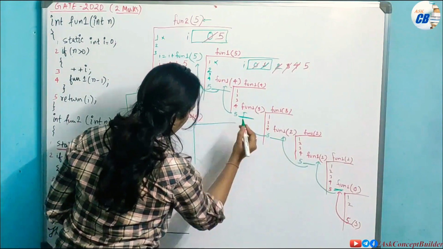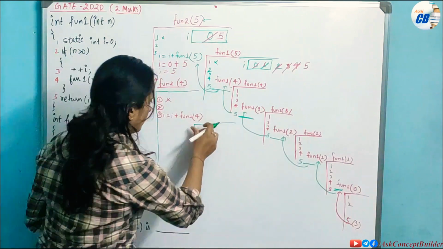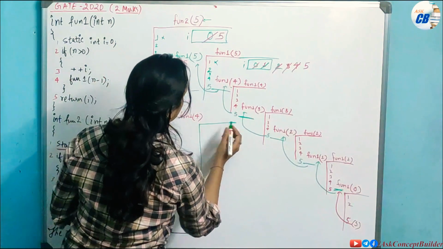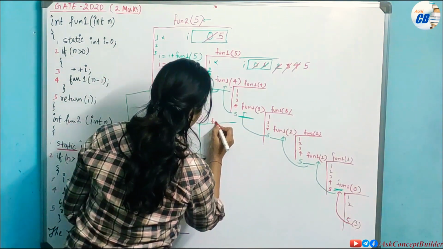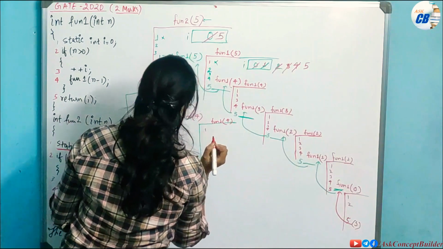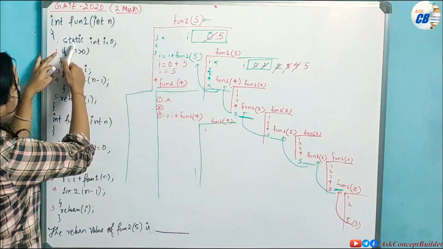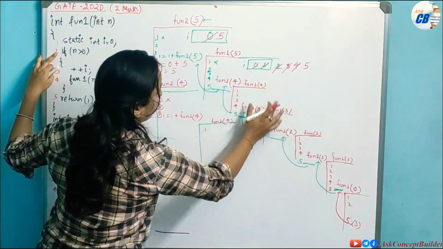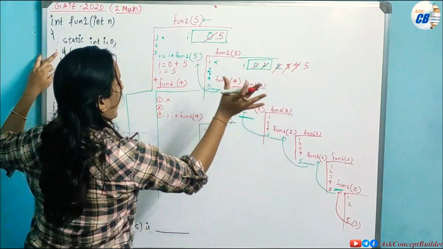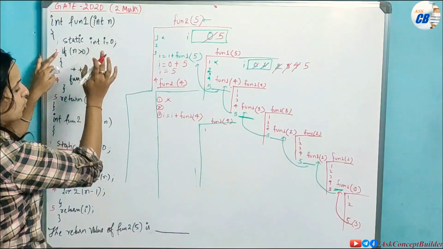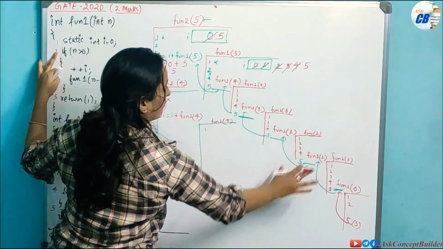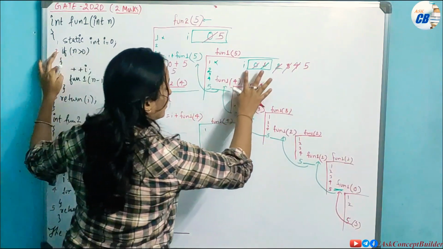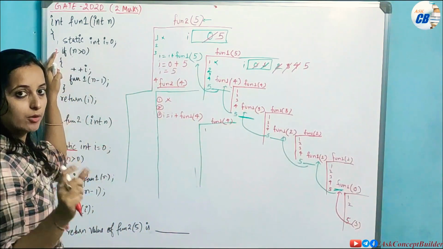Now see here. This is fun1 4. Now we will go to the function fun1 4. Now what are the steps in fun1 4? Again see, the first step is static int, that will not be executed. In fun1 5, I equals to 5 was there, that only will be the I value, it will not change to 0 again when we call it, because that is a static variable. For the entire fun1 function, whatever changes there will be, will be done to this I only, and only one time the memory is created.